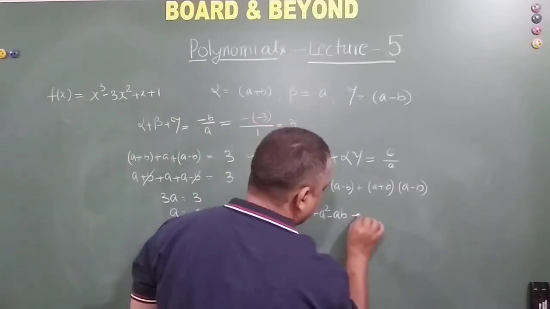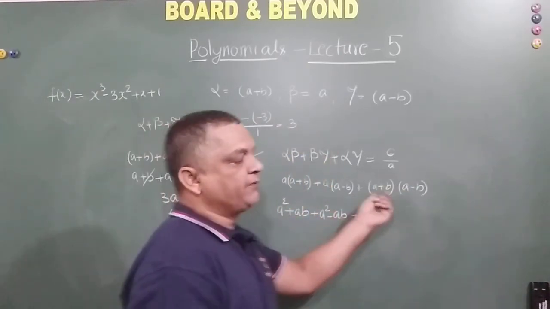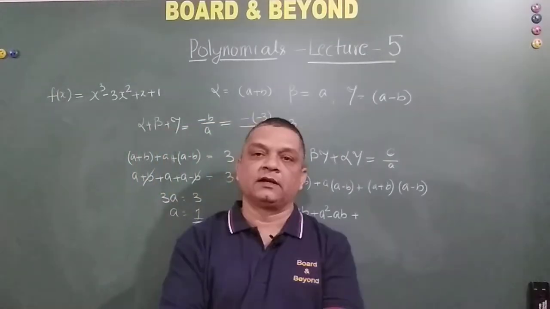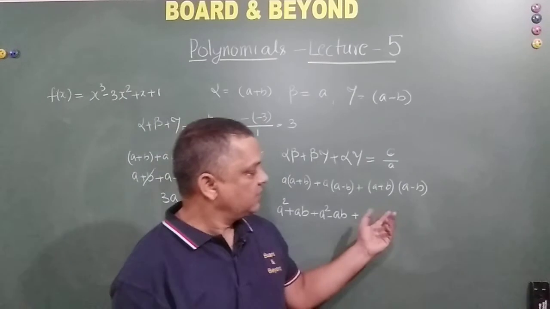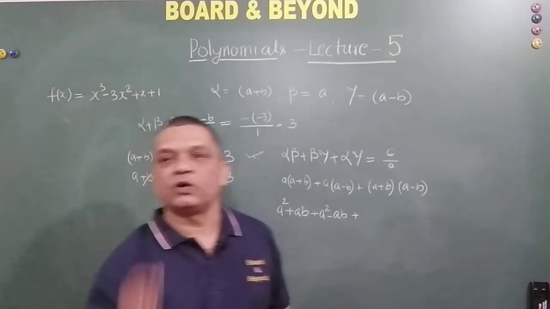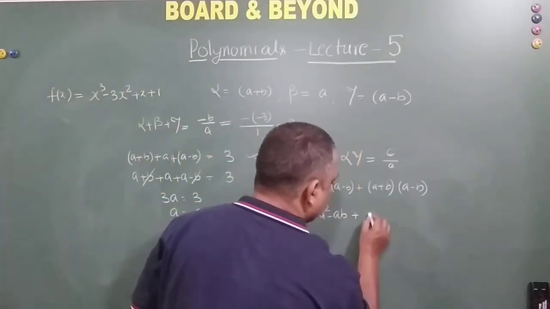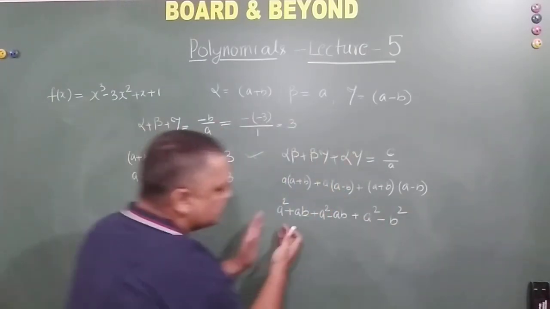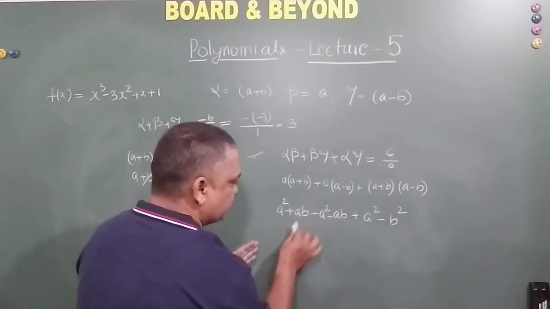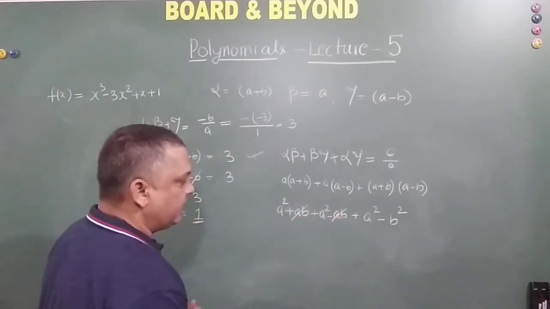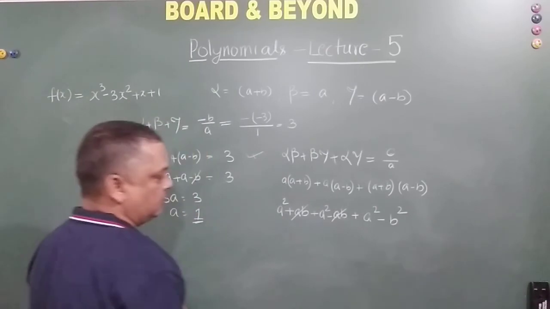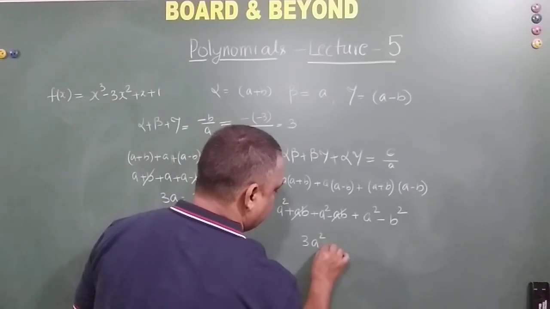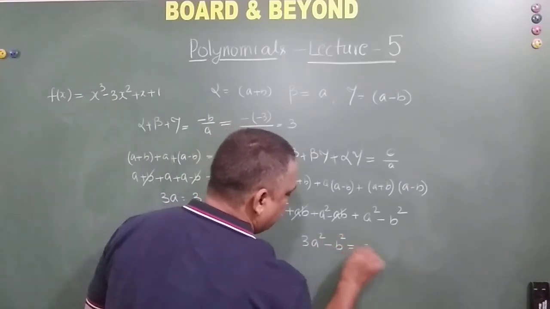I am just opening up the bracket, and this is of the form, my dear friends, a plus b into a minus b. What is that equal to? If you remember the earlier theorems, that is equal to a square minus b square. So this is equal to a square minus b square. Now we try to see what all we can do here. So this and this can cancel. Anything else which can cancel? No. So this leaves me with 3a square minus b square is equal to how much, my friends?